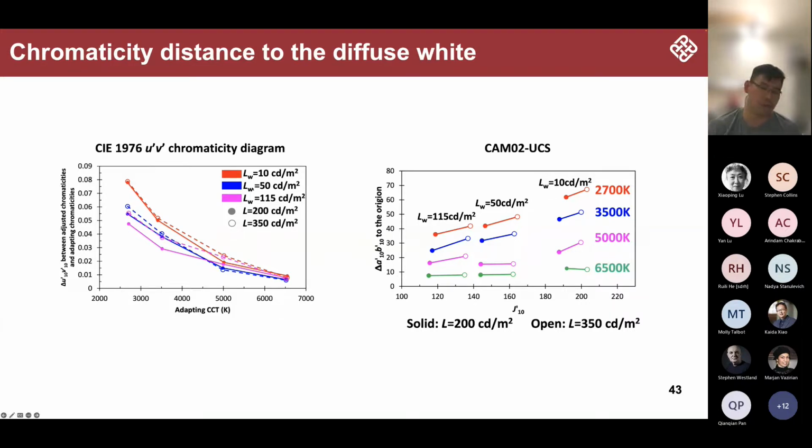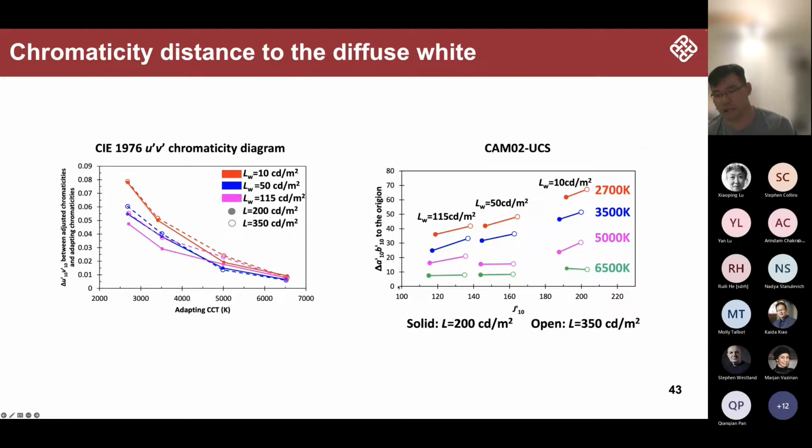But here we are actually talking about the luminance. Most of the time when we do the compression or process the image, we are actually talking about the lightness. We make the comparison between the luminance of the stimulus and the luminance of the diffuse white. So that's the reason we come back to CAM16-UCS again. Now the horizontal axis is the J', okay? Because the stimulus has a higher luminance than the diffuse white, the J' value is above 100. This is what is happening in an HDR condition. Now you can see that when the condition was 6500K, all the points are horizontally distributed, and they are very close to 0, right?